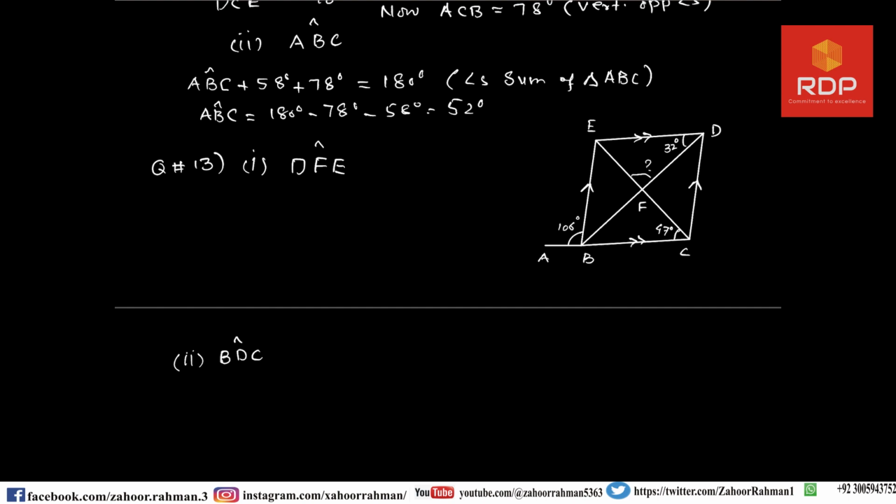Ladies and gentlemen, because these two lines are parallel, and that is the transversal line, so this angle must be equal to this angle due to the alternate angle theorem. So let me write it,